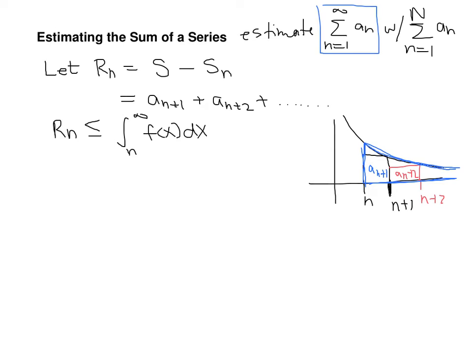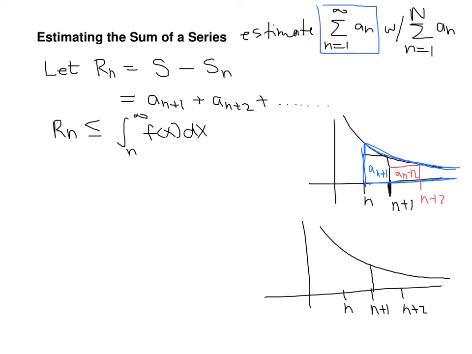Now let's figure out if we can find something that is less than the remainder. So draw a similar picture. So we have n, and then n plus 1, and n plus 2. If I find the area of these boxes, that's a sub n plus 1, then I plug in the left endpoint, this box would have area a sub n plus 2, so a sub n plus 1 plus a sub n plus 2, which is the same thing as r sub n,